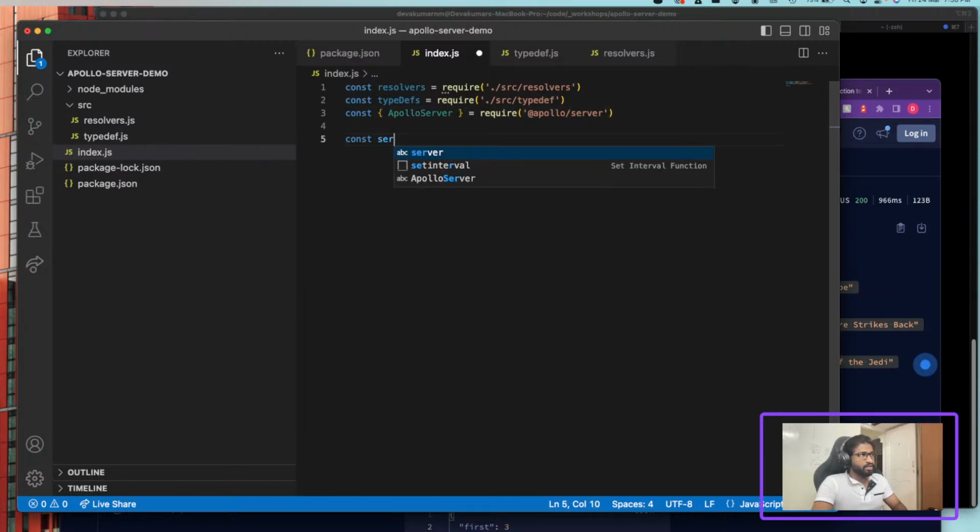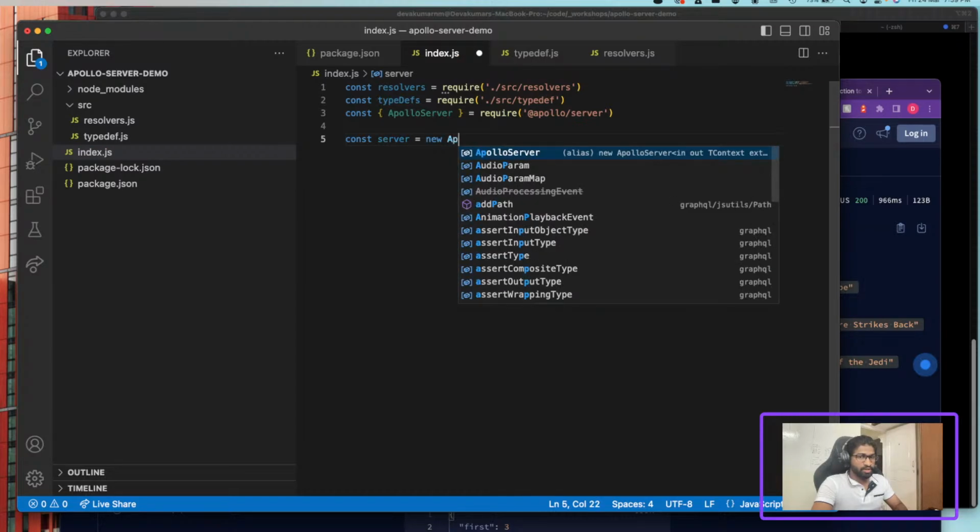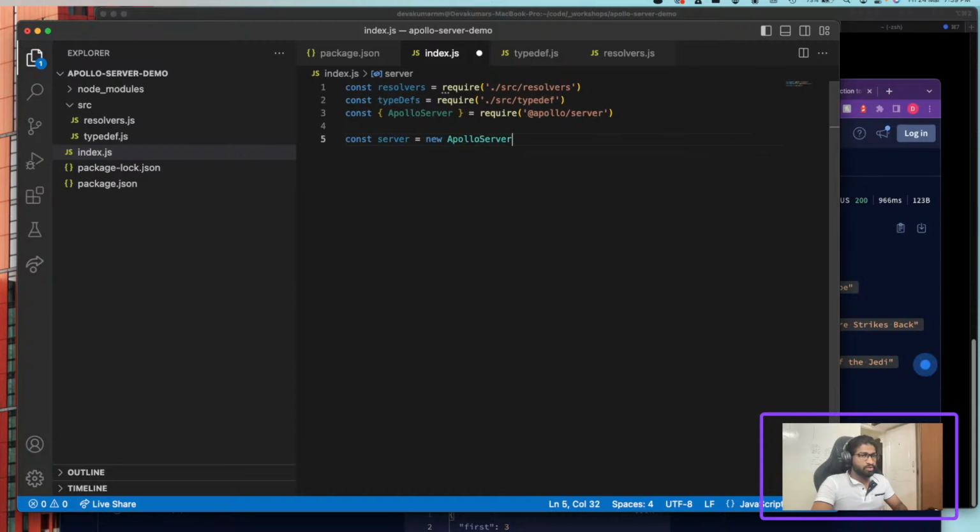So we create a server like this. Server equals new Apollo server, and you have to pass the